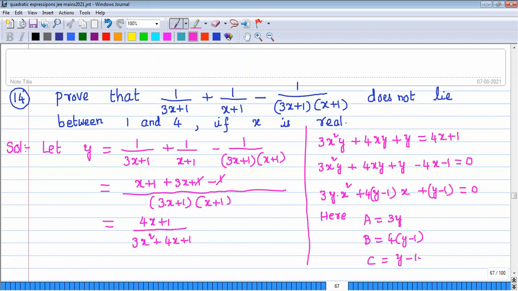Here clearly x is real. That means the roots of 3y times x square plus 4 times y minus 1 x plus y minus 1 equal to 0 are real. Since they have real roots, its discriminant must be greater than or equal to 0. So that's why